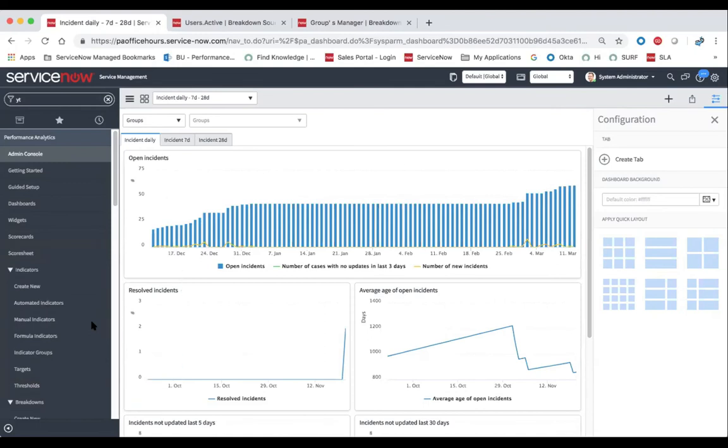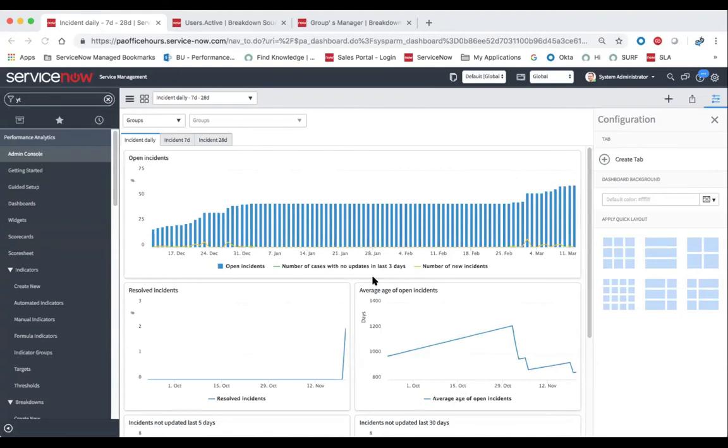Okay, thank you. And next question is from Edward. I need to measure the time from when the ticket is created to the time a team added a comment. That's a question that came from Edward Russell. So you want to find out when was the first update done to the user, to your customers, I suppose,